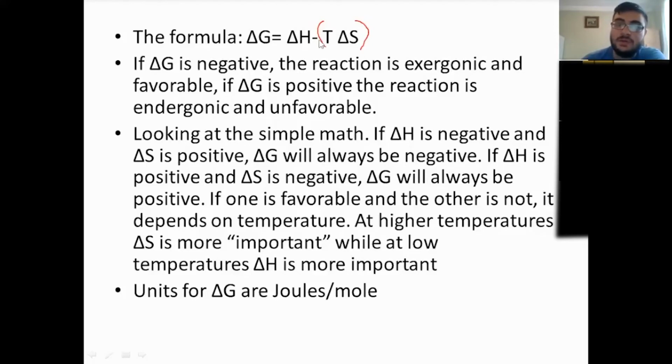I can explain it this way. If the reaction is favorable, both in terms of delta H and delta S, the delta G will be favorable. If the delta H and the delta S are both unfavorable, delta G will be unfavorable, regardless of temperature, right? It doesn't matter what temperature. If both are favorable or both are unfavorable, the result matches with the favorability. What were the signs when they're both favorable? So they're both favorable when delta H is negative and delta S is positive, right?